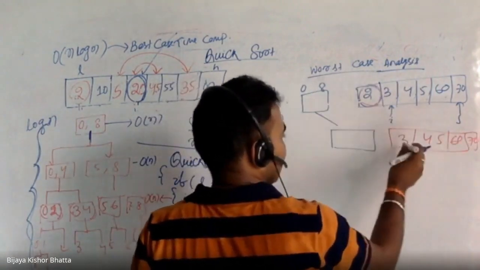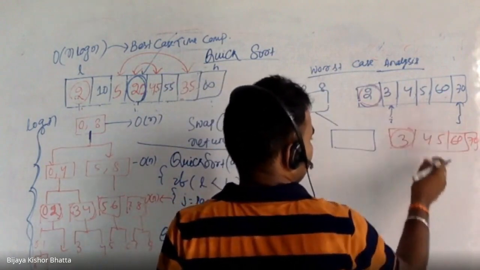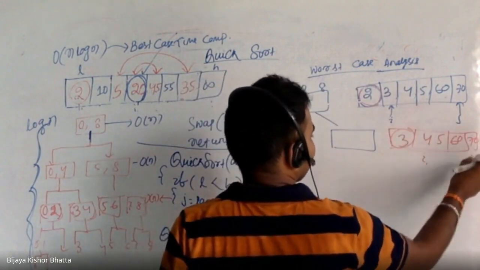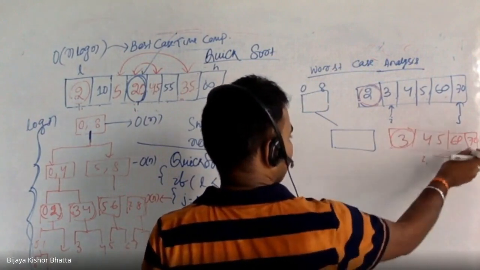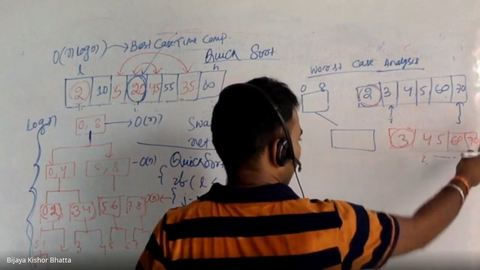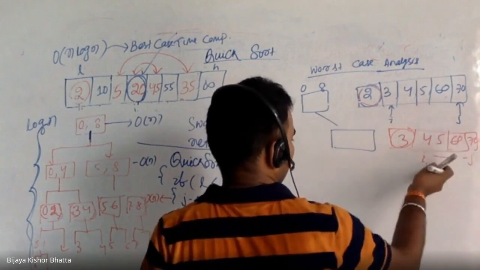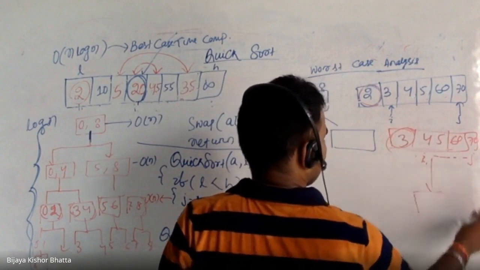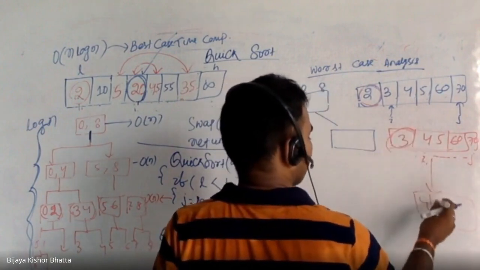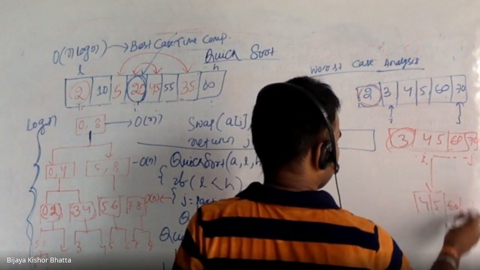So if you see 3 4 5, again you will take this pivot, again you will take this as i, and you will stay here because it is a greater number. j will be decremented because you are searching for a smaller number, but there is no smaller number, right? Then finally we will divide this particular array. Again the 3 is in its appropriate position, then you will search for 4 5 60 70, right?